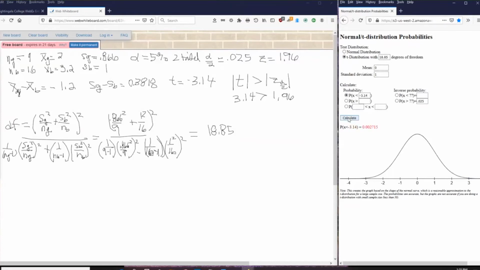And when we calculate that, that is going to give me a probability of